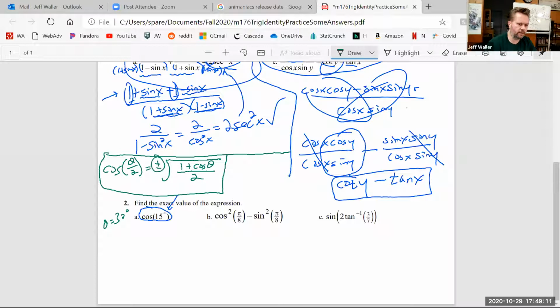Now, which one of these is going to be obviously? This is not a part of every answer. This is a choice we have to make based on where theta over 2 actually is. And cosine is which one of those for 15 degrees? Positive. Okay, so I'm going to make it the positive square root of 1 plus cosine of theta, which is 30,